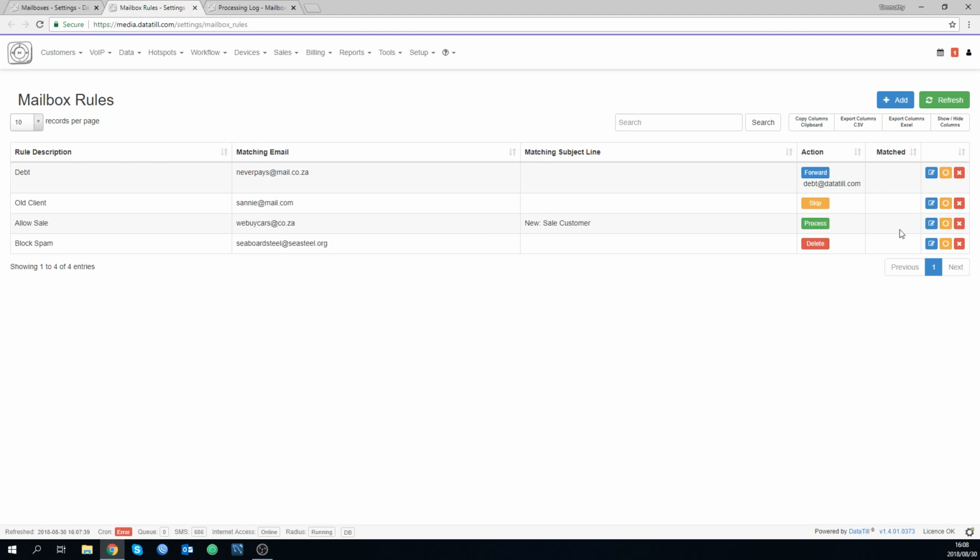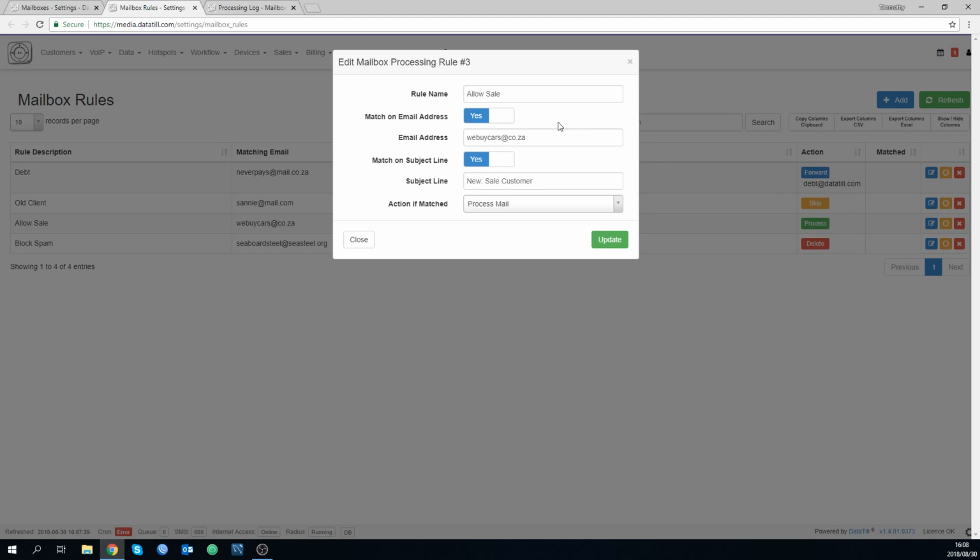Moving on to a different rule, for example. So here we have a rule that says allow sale. The reason I say this is I will show you how we set up a different rule now as well. So here we have an email address, We Buy Cars, .co.za, we all know those, but you know, someone has a friend at We Buy Cars that every now and then sends you an internet lead. So what happens is, this rule, the way it's made up, would process the mail, but only if it comes from the email address We Buy Cars, as you can see, match an email address, but also including the subject line, new sale customer. The reason I've made this one is so that I can show you the next process. So let's have a look, and we take this email,